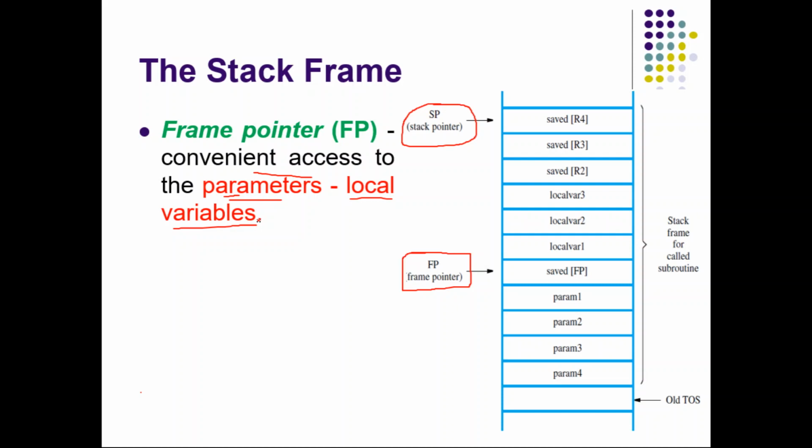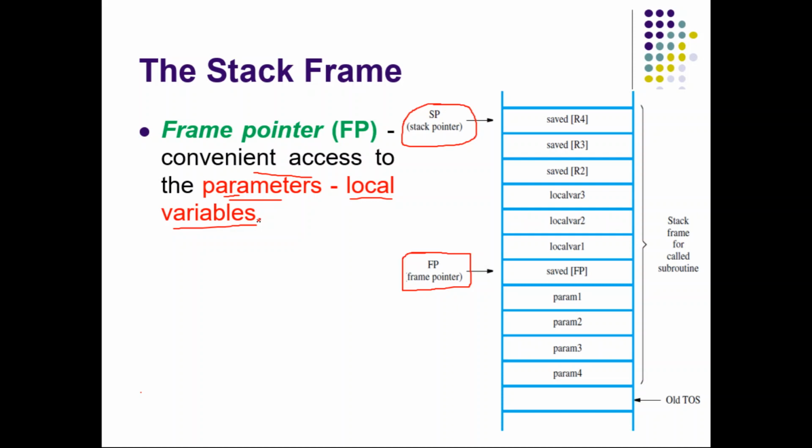So the objective of this lecture is this: when there is a nested subroutine call, the number of pushes into the stack will increase, depending on the degree of the nested subroutine call. So the stack pointer will keep on moving to the top, and it goes like that. To manage things, it may not be that easy to do it only by using the stack pointer. So we are going to use another pointer. This other pointer is called the frame pointer.